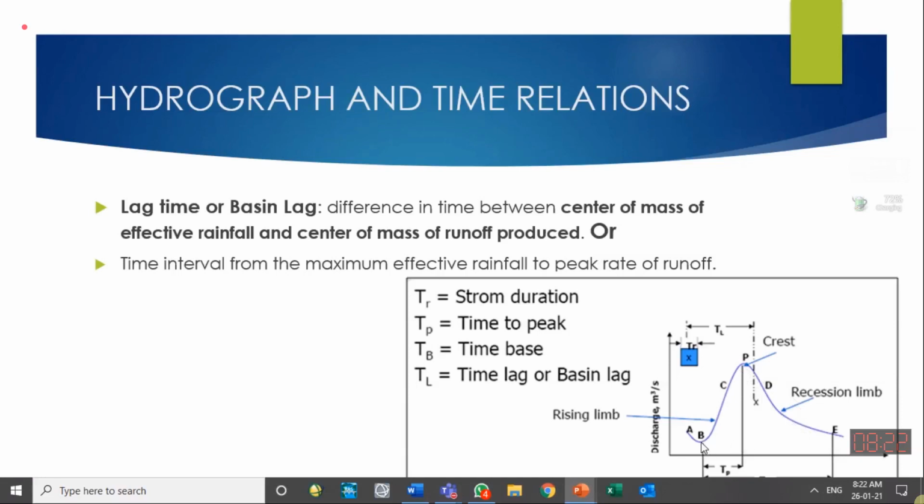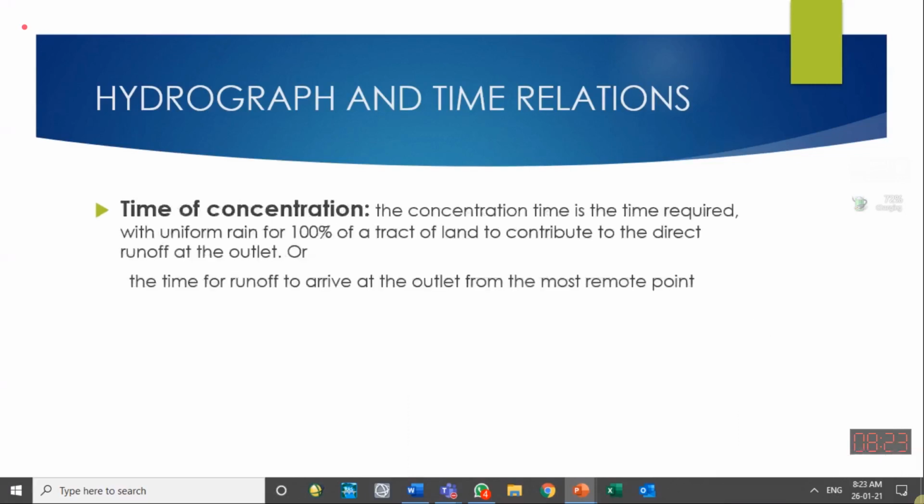In the previous method, we assumed that base flow is a constant value, but it is more logical that after the rainfall event, which has generated DRO, the base flow should not be the same as the previous one, which was after a long dry period. So after the rainfall, usually we have a slightly higher base flow. There should be an increase in the base flow.